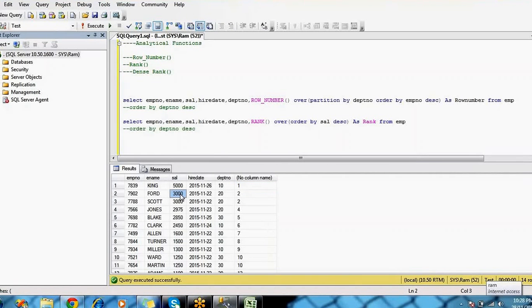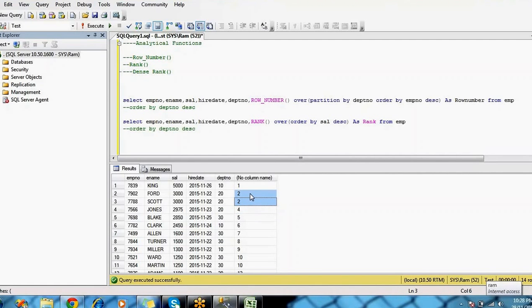Coming to 3,000, it is giving the second rank, and the third person also has 3,000. Two people have the same salary, that's why the same rank is given to the two people. Then the next one, 2975, is given the fourth rank. So what is the drawback in the rank function?